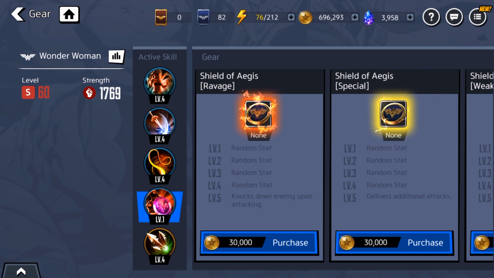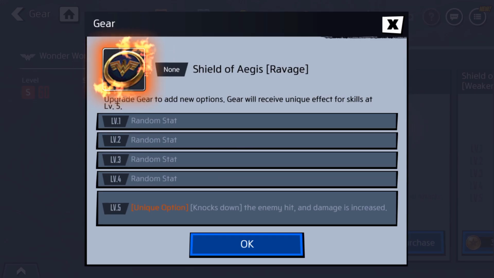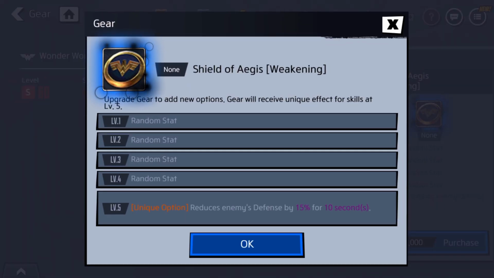And now the Shield Bash, whatever this skill was called, I can't remember. Shield Strike maybe it was. I didn't pick one of these yet because I didn't really want to waste the gold, but I'll let you know the one that I wanted. Let's see. This one knocks down the enemy and the damage is increased, which is nice, but I think this one has the 2 extra hits. And this one, yeah, so this is the one I was thinking I was probably going to get,